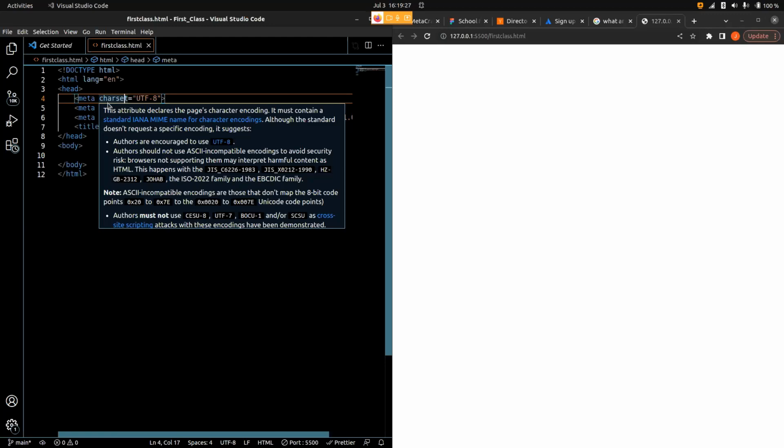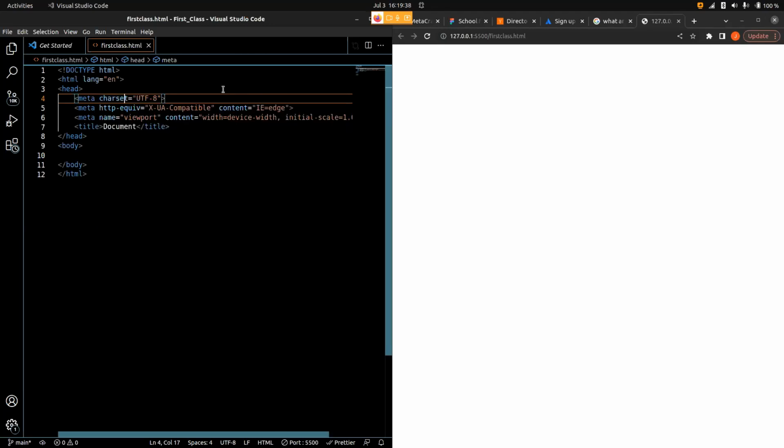It must contain the standard, and this is actually written for us. The compatibility, and I think the browser in which you can use it. Then